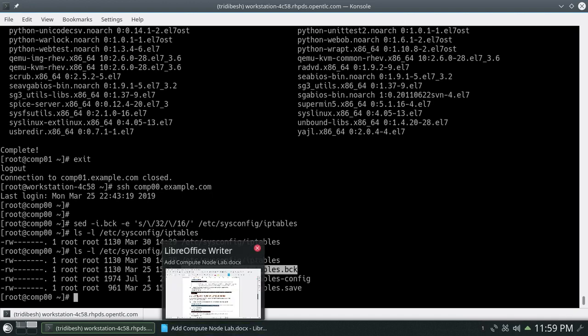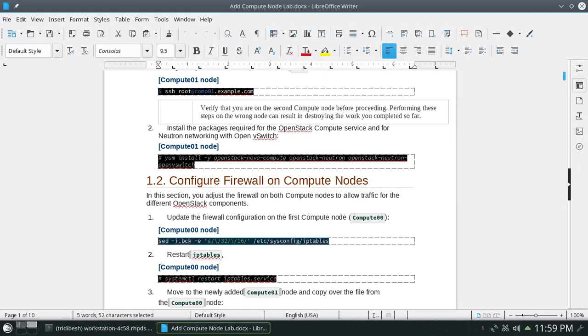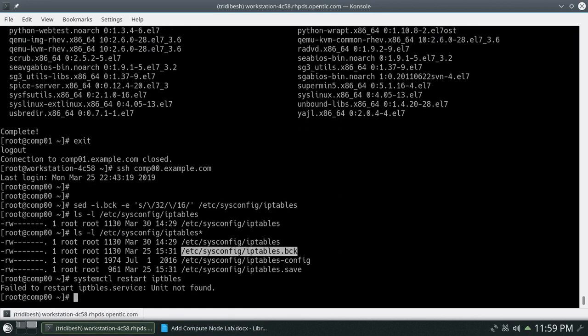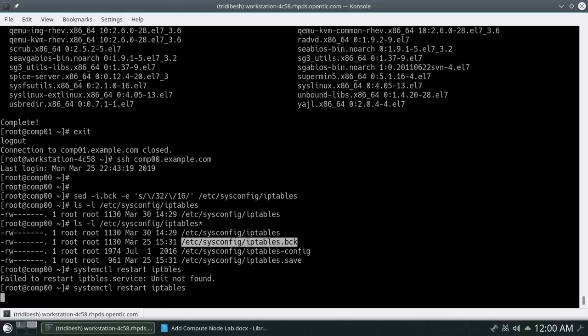Now we'll be restarting the IP tables service, using systemctl restart iptables. It's been restarted.